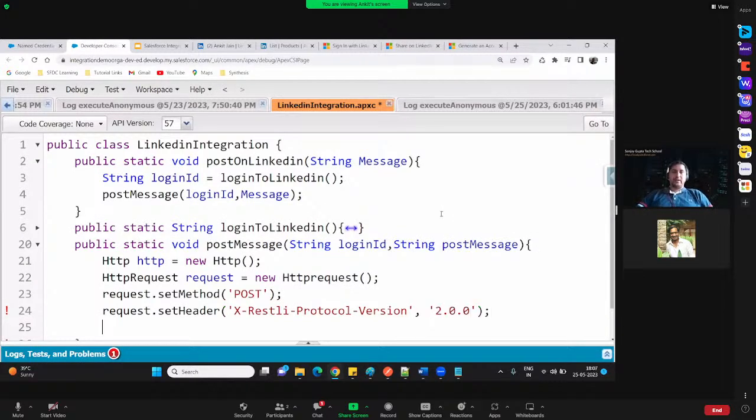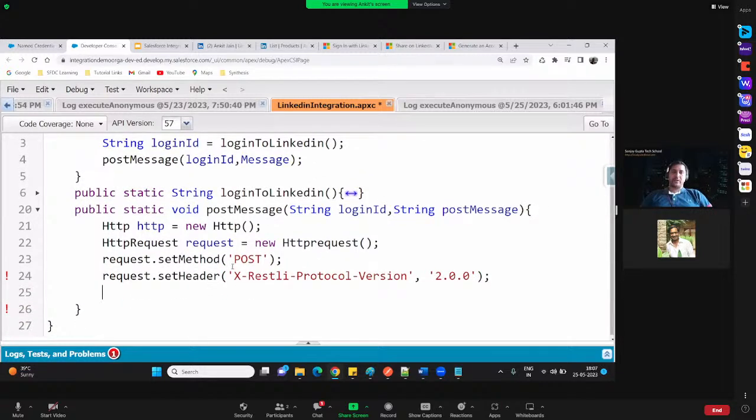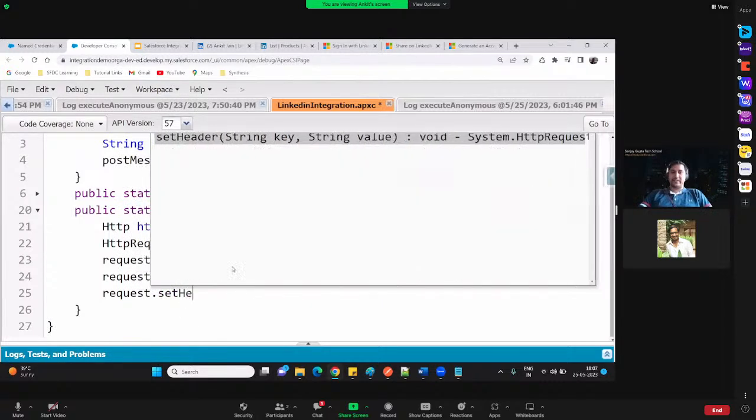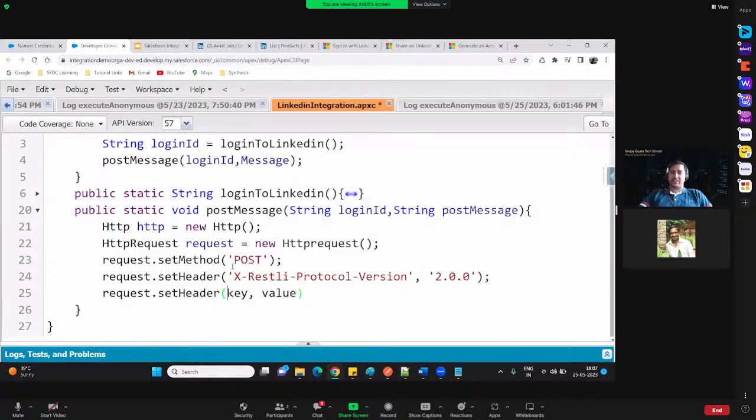Right now, as we have to perform the post operation, we have studied in the past, whenever we have to perform the post operation, we have to specify the body. So in which form are we sending this body? We are sending this body in the form of JSON. So we have to specify another additional parameter to let the integration know in which form we are sending the body, whether we are sending the body in the JSON form or in the XML form. We have to let them know.